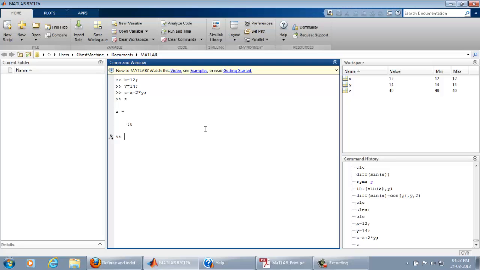MATLAB should not be considered as a better calculator, but it is an industry level software which can help industry people develop more and more sophisticated designs with the help of different tools. We can see here there are lots of tools for analyzing the code, for running and measuring the time of execution.